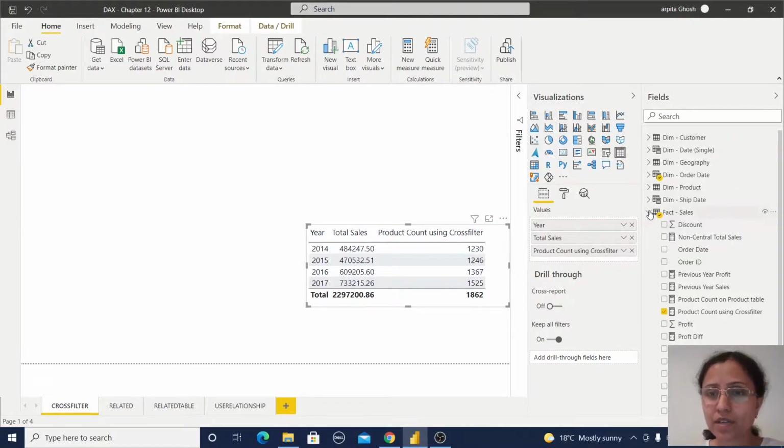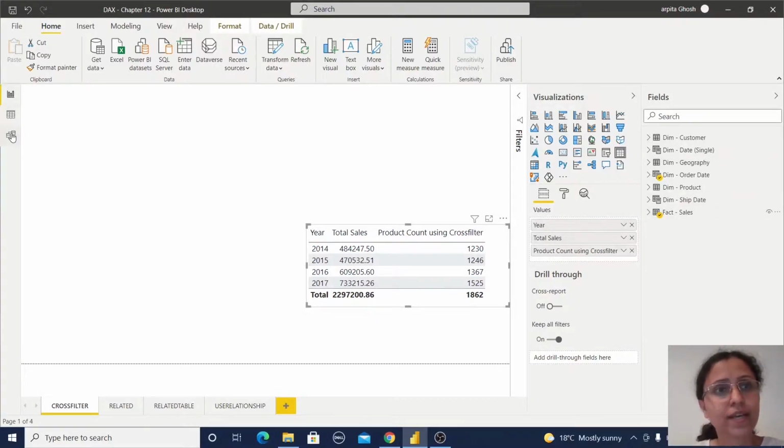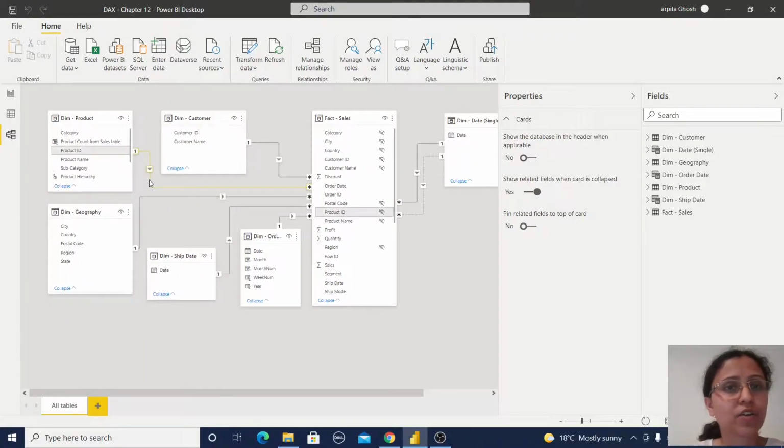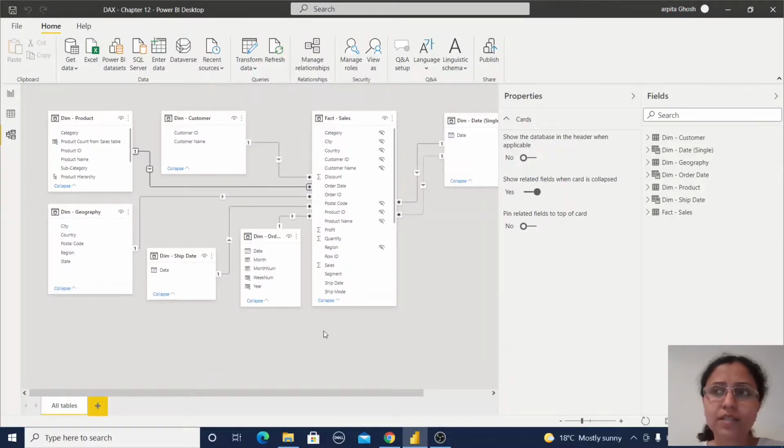This is my working file. I have a proper sales fact table and the other dimension tables. If I go to the dimension modeling area and click on the joining condition between the product table and the sales fact table, here you can find we have the cross filter direction, single or both. But for some business cases we cannot use the both direction cross filter. If I use both directions, then all other measures which are based on this product dimension will change.